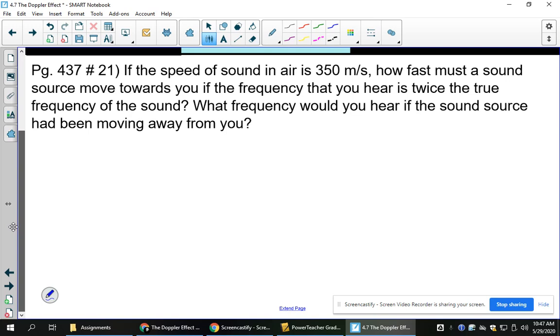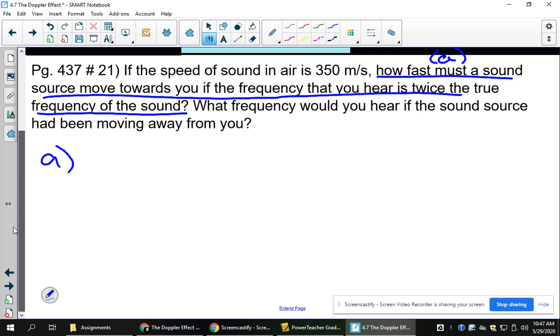So here's part A, this question here in blue. I'm going to call this A. It says that we need to figure out how fast the source is moving, so same calculation that we just did, but they aren't telling us the true frequency and the perceived frequency. They're telling us a relationship between them. So we don't know what the true frequency is, but we know that the perceived frequency is double that. Okay, so in my formula here,